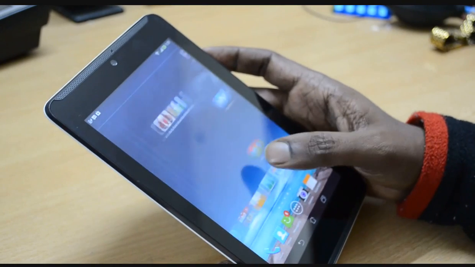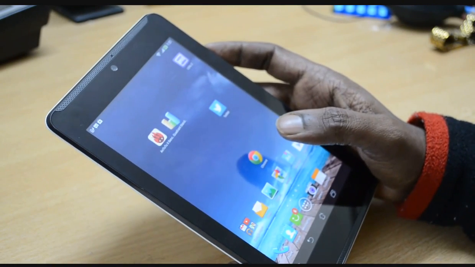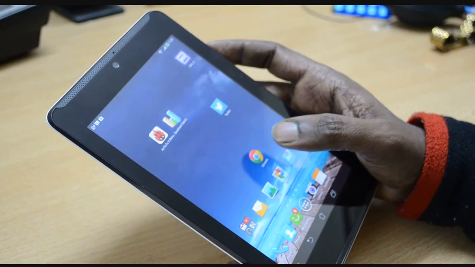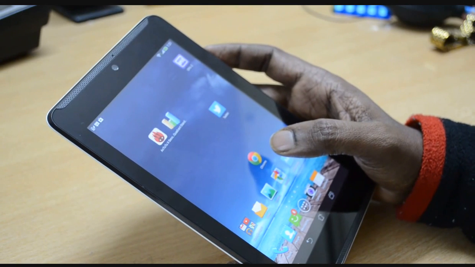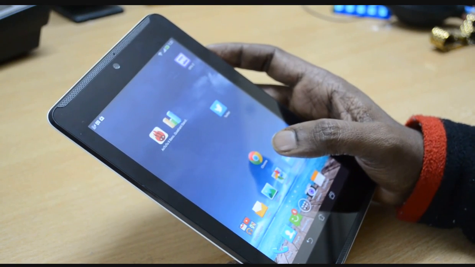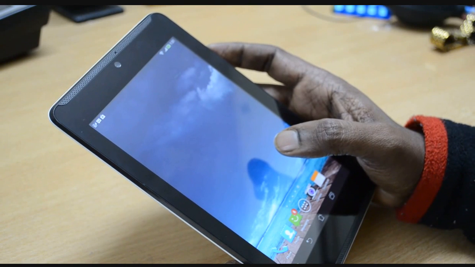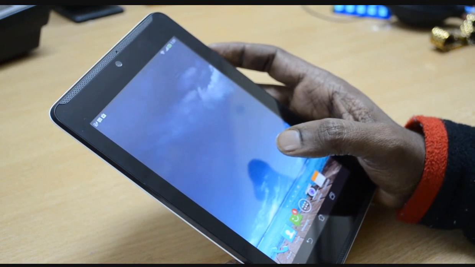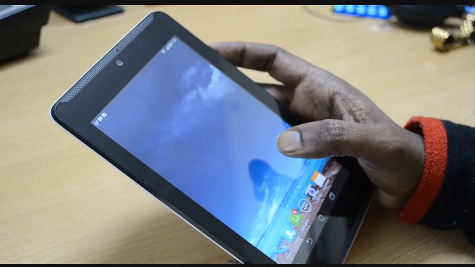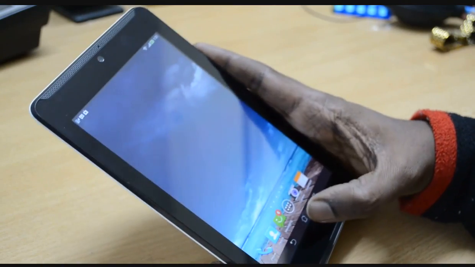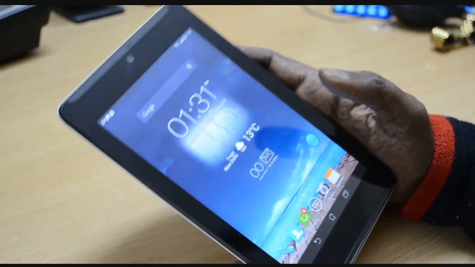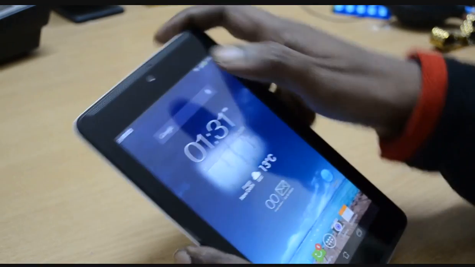So after resetting, the device will be just like a new device with default applications, and you need to set it up again, right? Like you need to input your email address, set up Google accounts again, just like a new device or tablet, right? So we'll go ahead and see how we can reset this device.